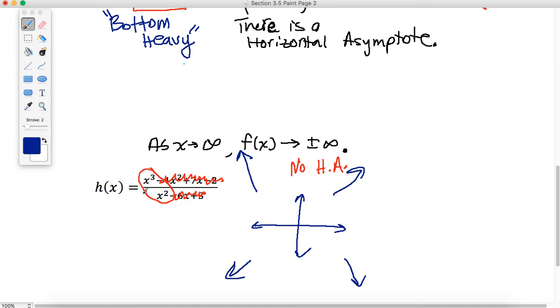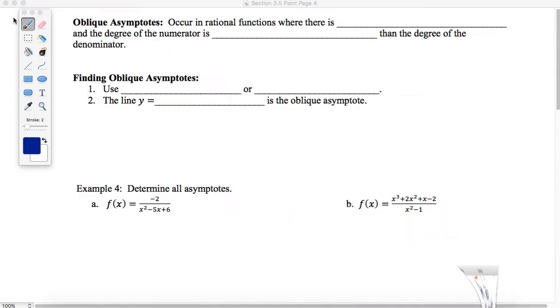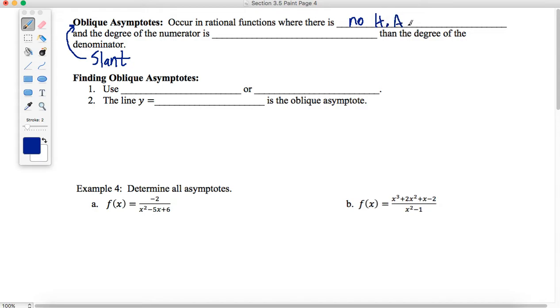There is something special that happens when the degree of the numerator is 1 more than the degree of the denominator. I already know that there's no horizontal asymptote, but these graphs have a special thing that happens. It's called an oblique, or some people call these slant asymptotes, because we have horizontal and vertical lines, and then lines can be slanted as well. These occur in rational functions where there is no horizontal asymptote, which I'm going to abbreviate with HA,